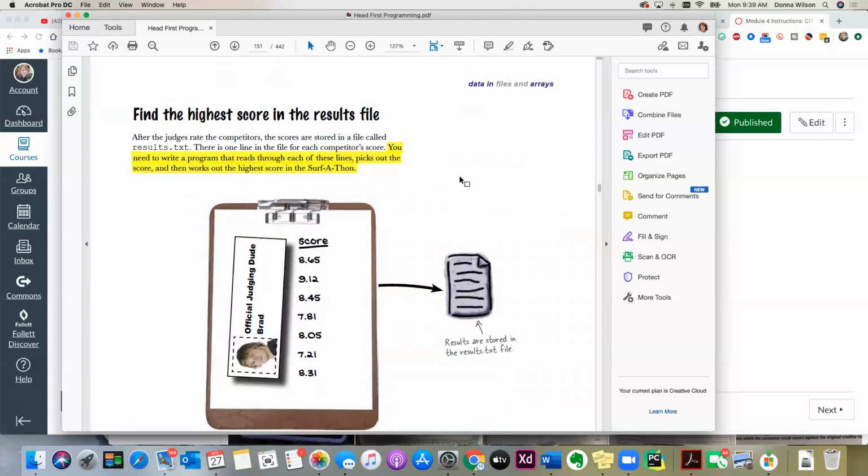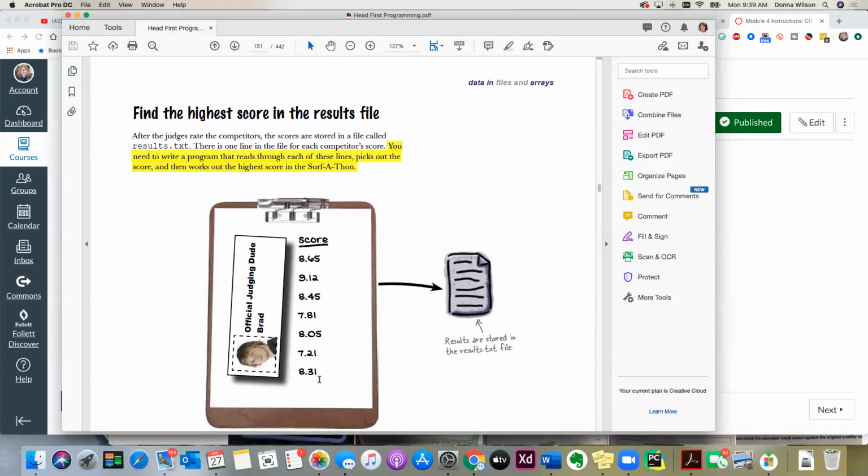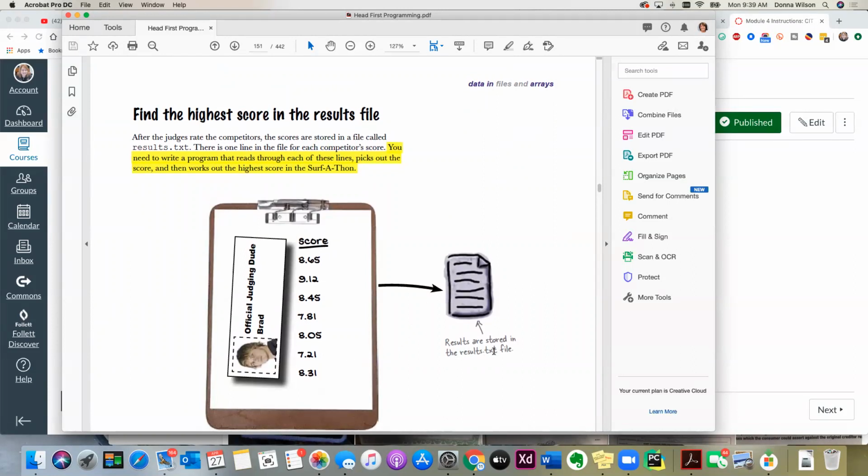So that's what we're going to do here. We're going to assume these are everybody's scores, and they've already been typed into a text file called